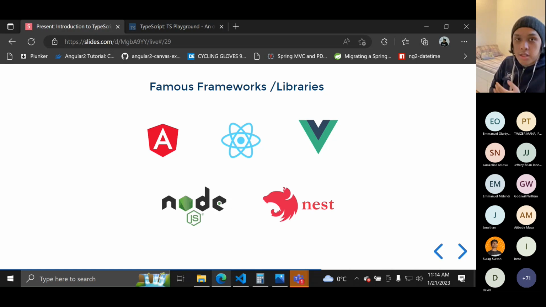When you explore Nest.js, guys, it's pretty much like how we do Angular, but Angular is front end, and Nest is like the back end version of Angular. So these are just some of the frameworks that are using TypeScript. There are also other frameworks like Svelte that are using TypeScript. It's really used now in different companies and different applications.